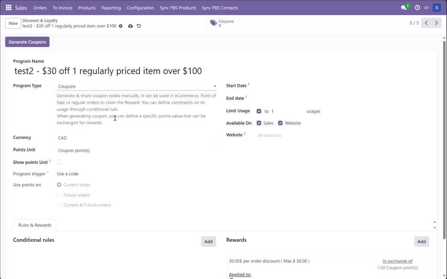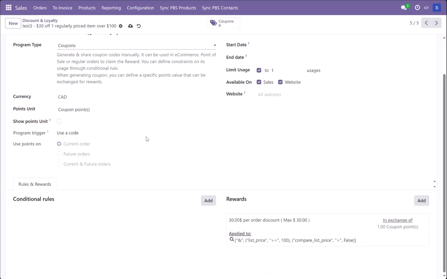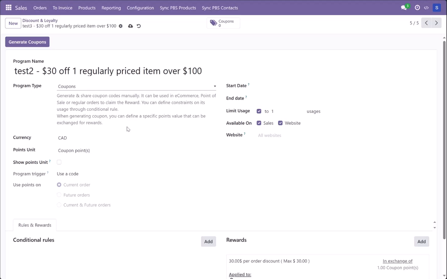Now there are a lot of levers in here, which is great because it's really flexible, but it is also maybe a little bit confusing with so many things that you can do. So that's why we're going to stick to one specific thing. In this case, it's $30 off one regularly priced item over $100. So on the entire order, if there's an item that is more than $100, it will have a $30 discount. If there are 2 items with the price being over $100, there will still only be one $30 discount